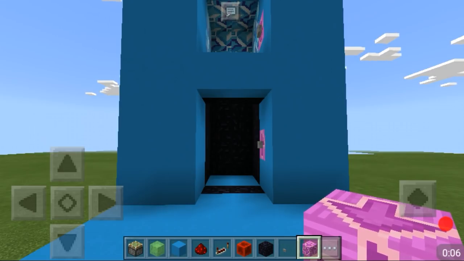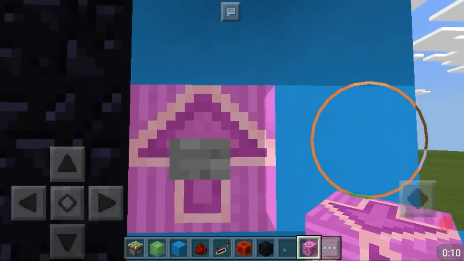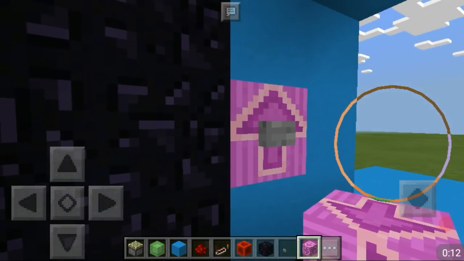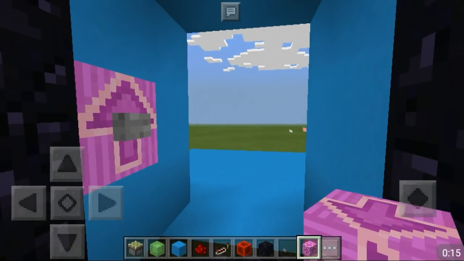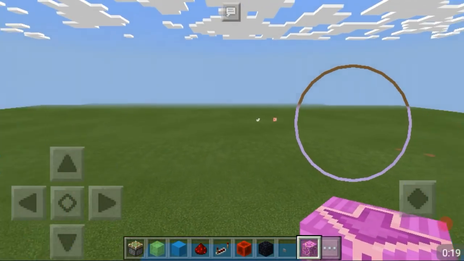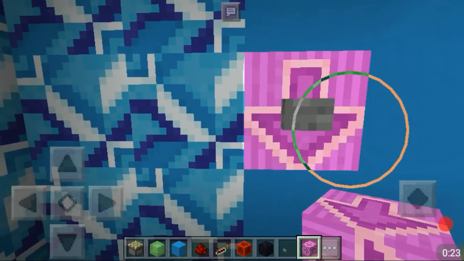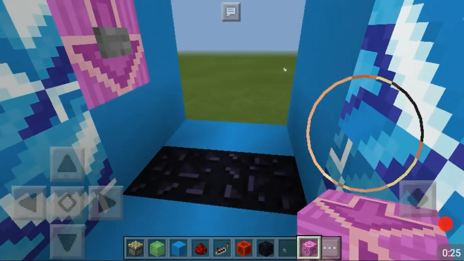Today I'm going to show you guys how to make this really cool and simple elevator. You can see if you go over here we have the arrow that's pointing up, and when we press this button it's going to take us to the second floor. Then we can just go ahead and do whatever we want on this floor, and when we want to go down we have another arrow that's pointing down, and when we press it it's going to take us down to